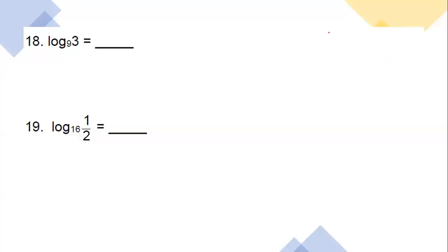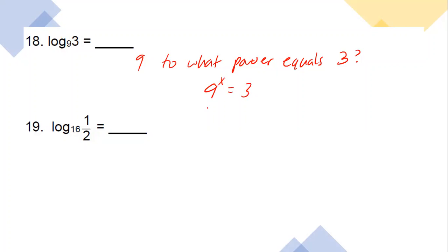All right, so 18 and 19 were meant to be a little challenging, so let's see how it went. So 18 is asking us 9 to what power equals 3? Okay, now, as an exponent, that looks like 9 to the x equals 3. Now, if x is 1, that automatically tells me that I'm over, right? So that tells me that my x has to be less than 1. Does that make sense? Your x has to be less than 1 because otherwise you're going